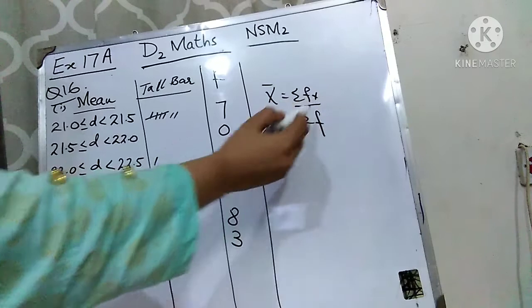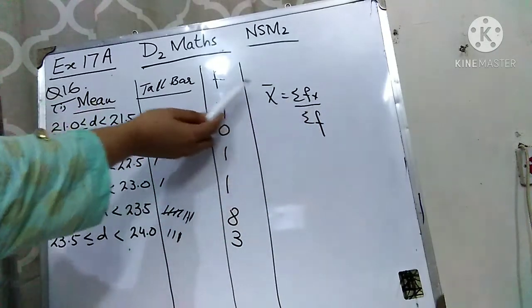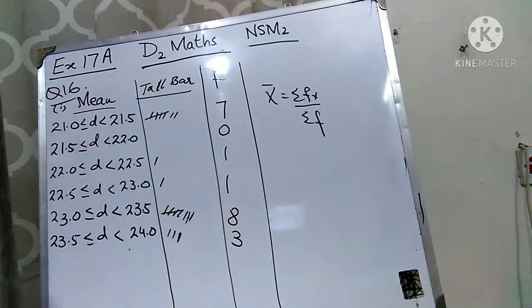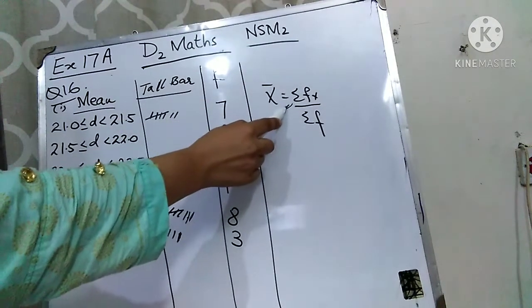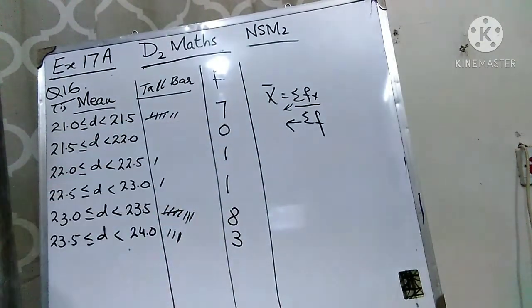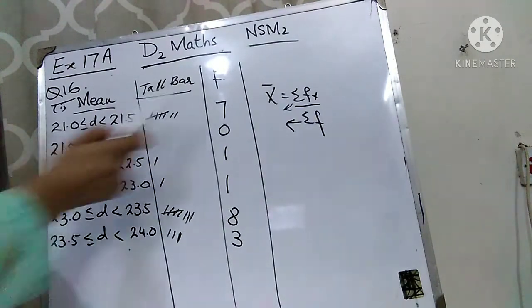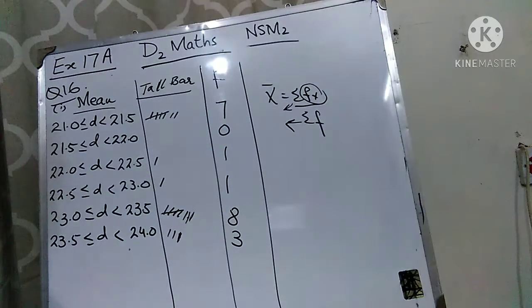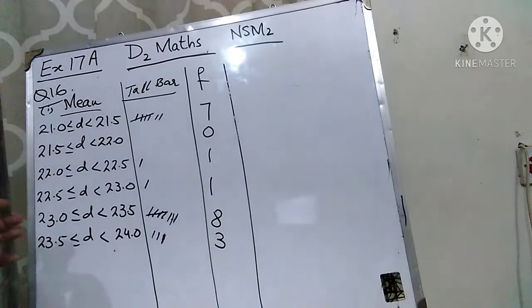So here you can see that the requirement is you have to find out x, then you will be able to multiply f with x and you can find out sum of f of x. This summation means total sum. So to find out the total sum, first you have to find out the x and then you have to multiply f with x because we need f of x. So for that, first we will make the column for x. Okay, now we are finding out x.